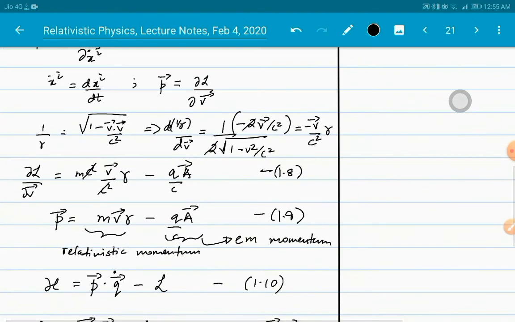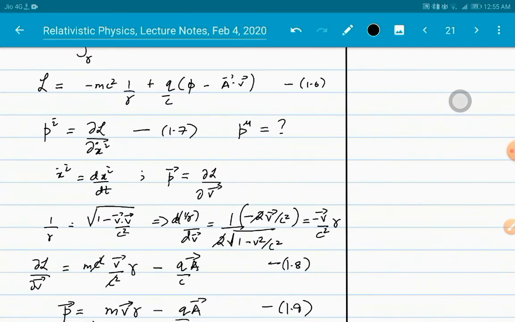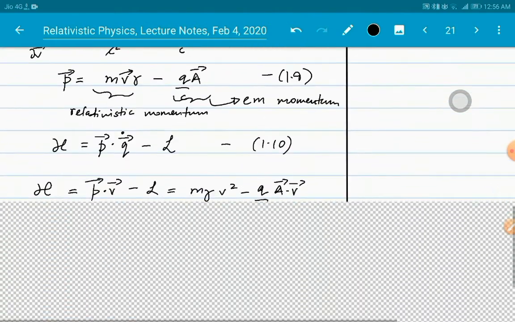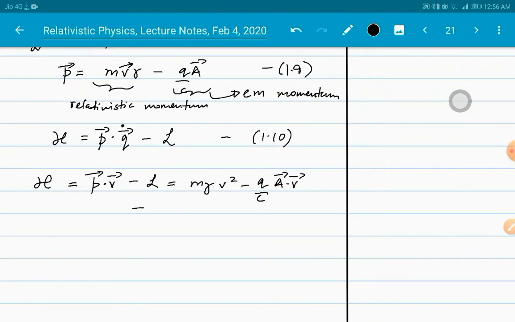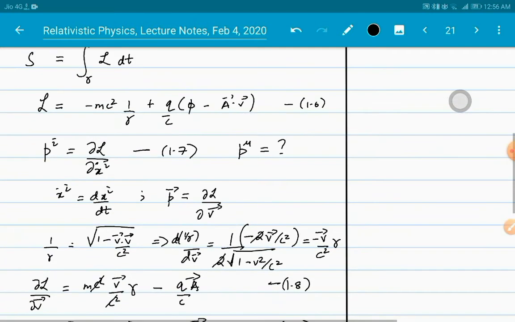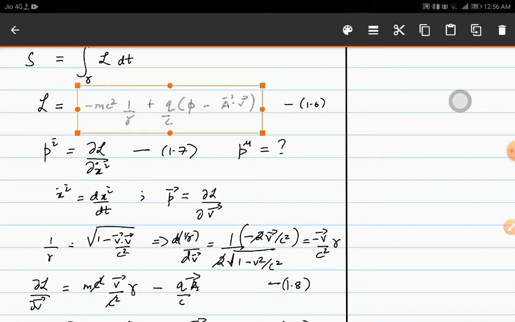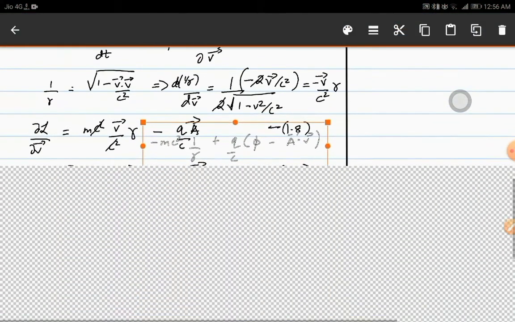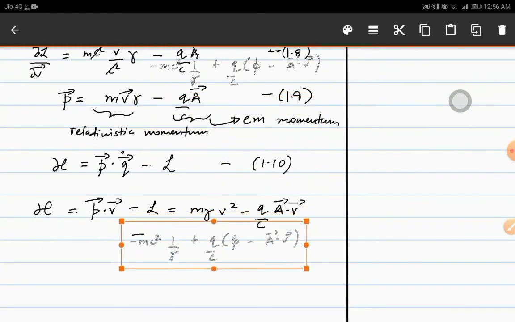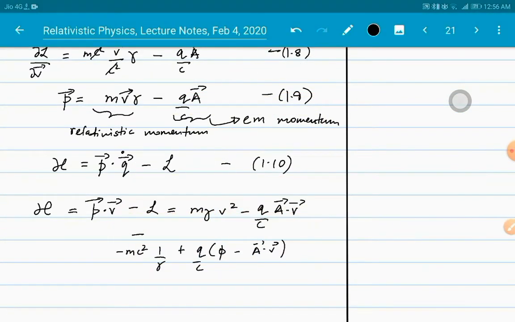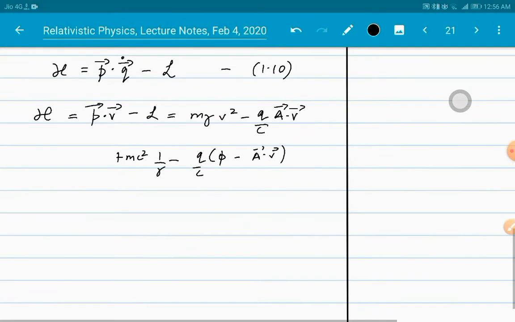L is this expression, so we can just copy and paste it here. And so we get a plus sign here and a negative sign here, and the total sum of both of these becomes